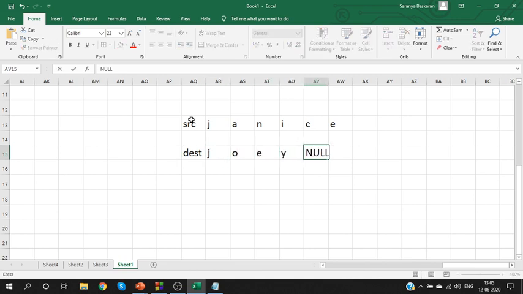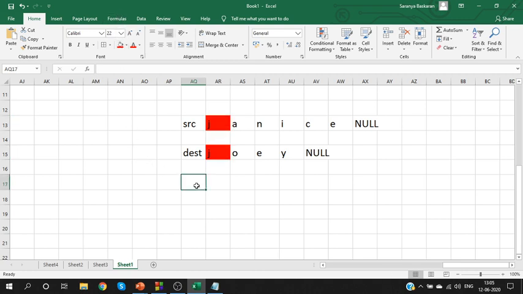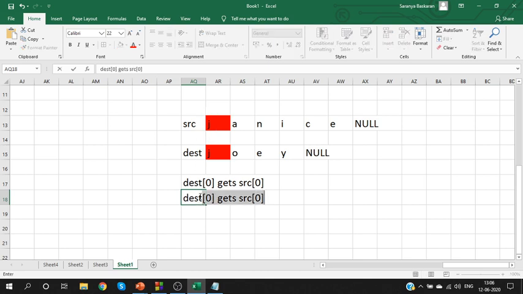And at the end you will have the null character. So what should you do? Take this J and store it at the 0th index. Destination's 0th index gets source's 0th index.